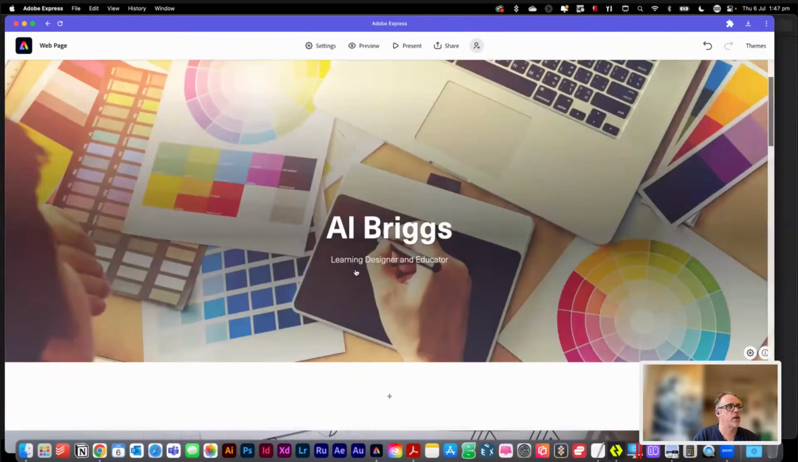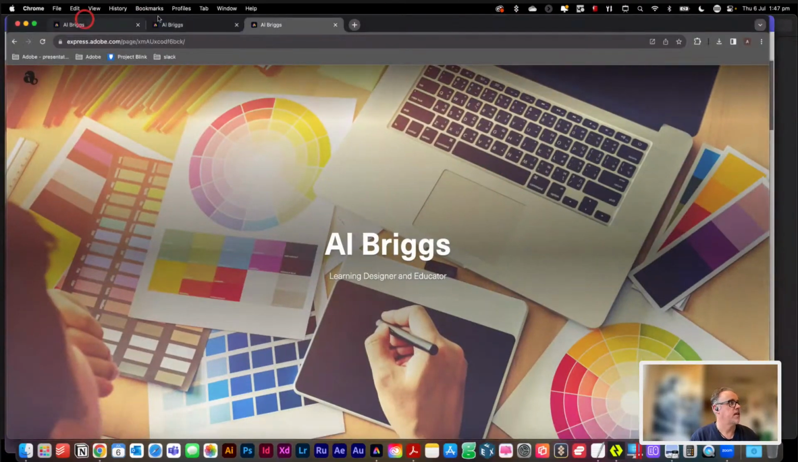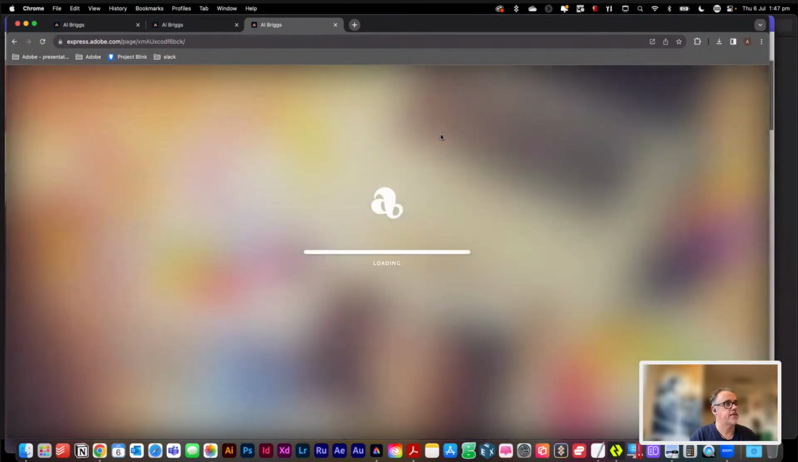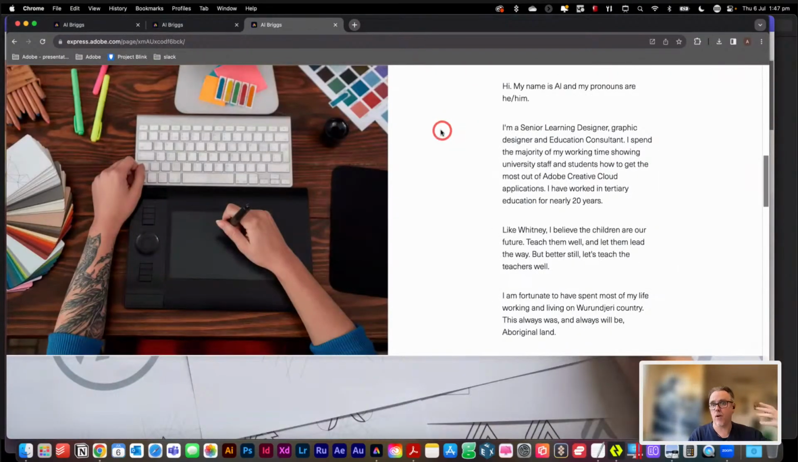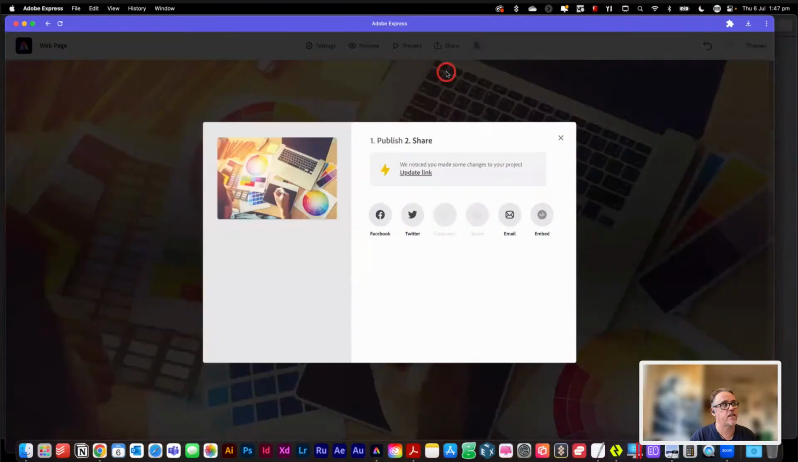Now, if I want to share that revised version, if I go into my Chrome browser now and I refresh that window, nothing's going to change, because the last time I published it, it still had that split layout in it. So if I want to update that, I need to jump back inside of Express, go up to my share option, go to my publish and share link, and you'll see